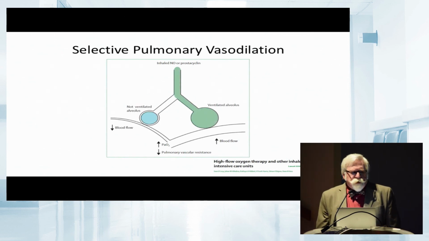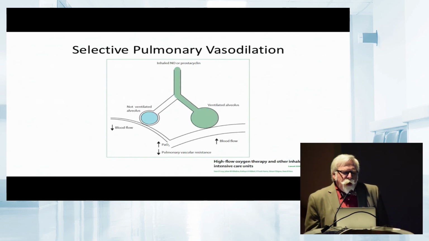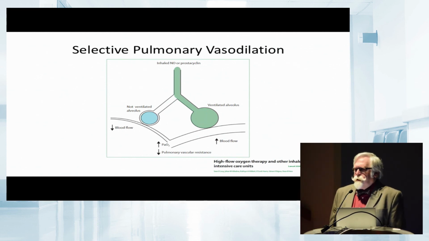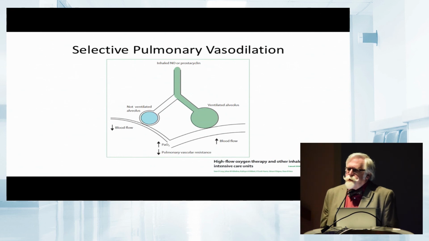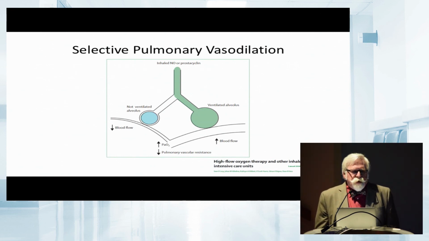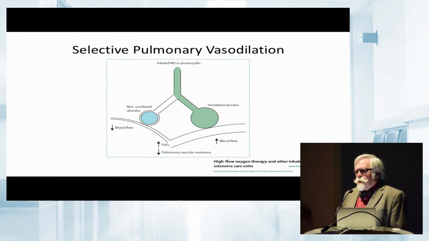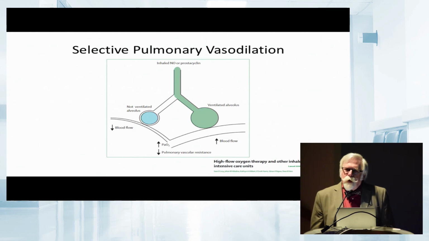Now let me switch the focus a bit and let's talk about selective pulmonary vasodilators, in this case with the delivery of an aerosolized prostacyclin during mechanical ventilation. This is something that has received a lot of interest throughout the United States in recent years, primarily as an alternative to inhaled nitric oxide, which is quite expensive. And tomorrow in my presentation, I'll talk in more detail about inhaled nitric oxide.